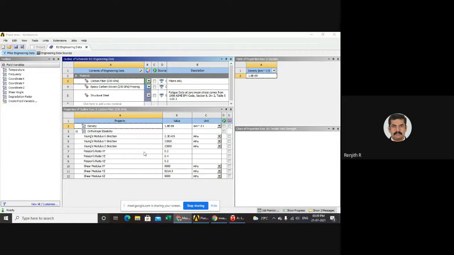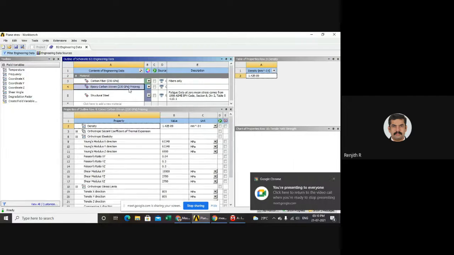If you are applying it to a one-dimensional element, this will become an isotropic one, because in one dimension it will consider only one direction. So it will only take Young's modulus in the X direction, not Poisson's ratio. Whatever properties we give, we can convert into one-dimensional, two-dimensional, or three-dimensional, not an issue. Okay. So in the second material,